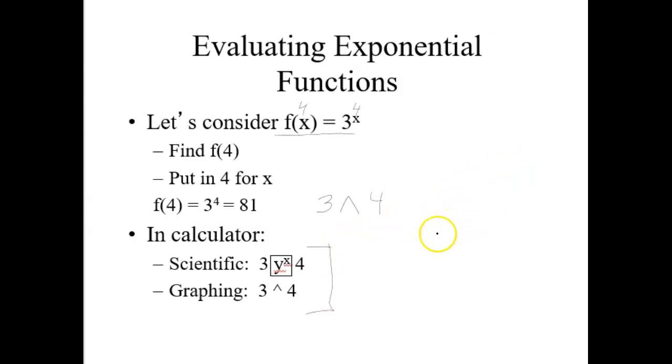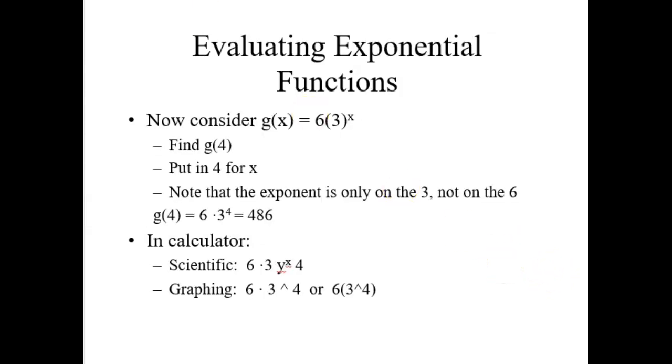So 3 to the 4th, remember, means 3 times 3 times 3 times 3. So every time you add 1 to this exponent x, you multiply by a factor of 3, and that's where the term exponential growth comes from. You're going by a factor, not by something added. Okay, so now for this one,